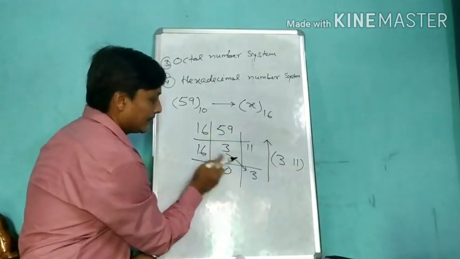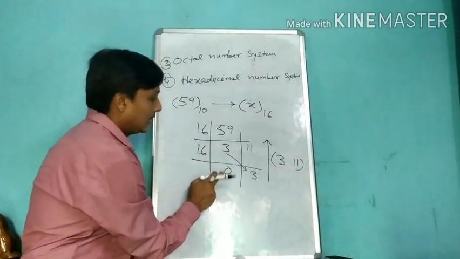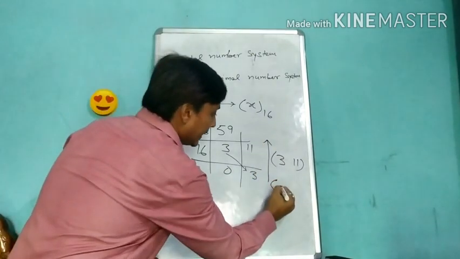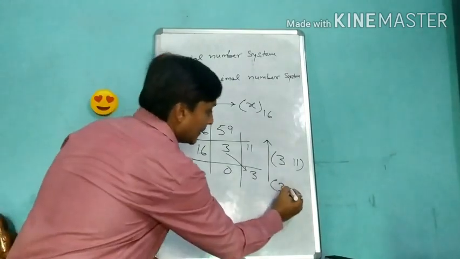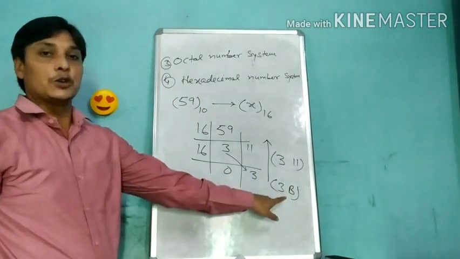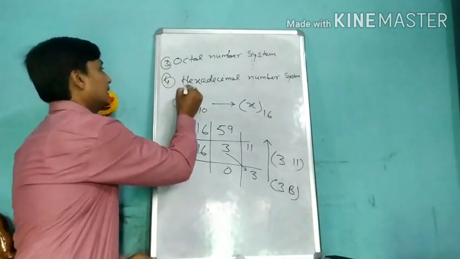To place any number as it is here, we will first place 0, and after that we will write 3. So we get 3 and 11. Now we write 3, and the value of 11 in alphabets is B. Exactly. You can see it was your question, and the question was 3B